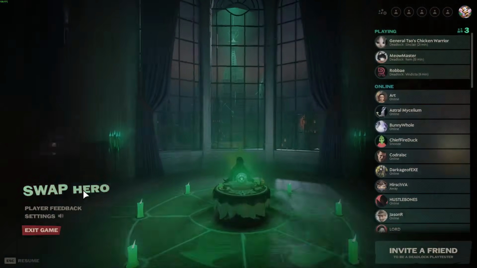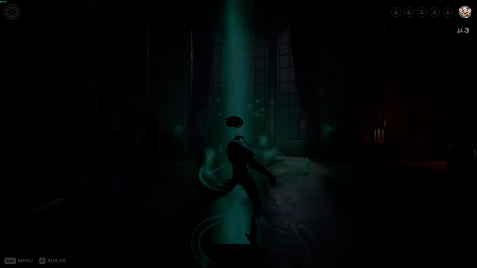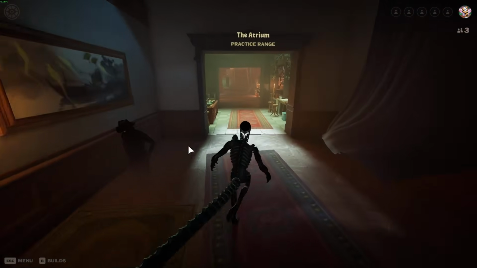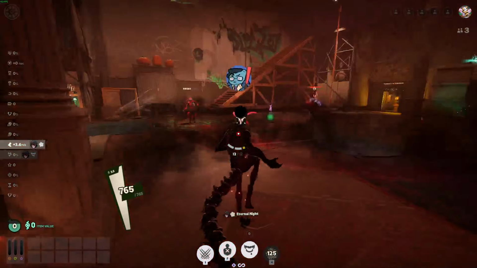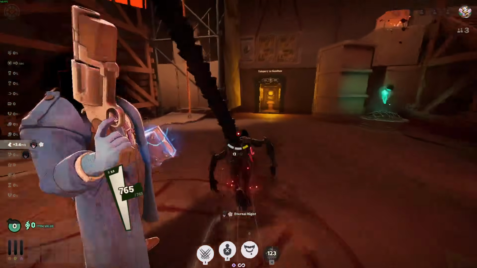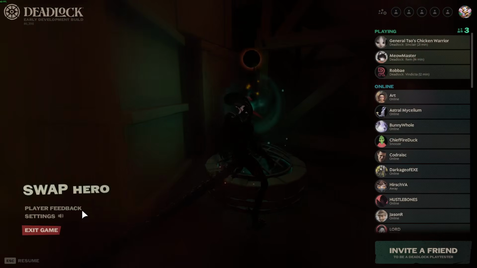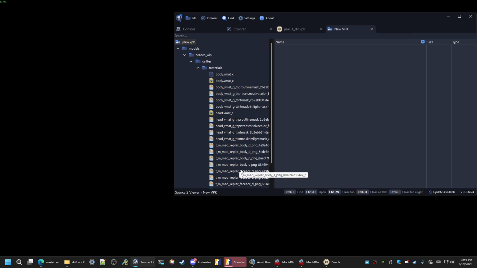So here we go. Swap right here to the drifter. Yo. So you'll see the camera is centered. Lights out. Oh yeah, dude, that's fucking sick. Okay, so now we just got to go in and recompile. Well, we don't even have to do anything actually because we just did